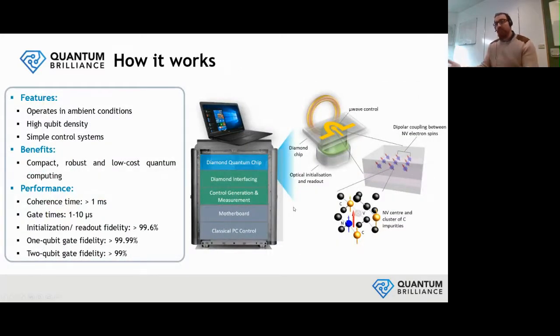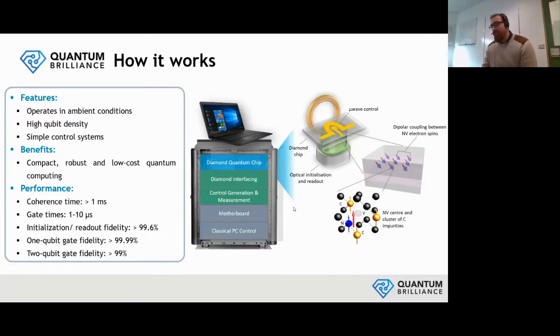So how does this all work really, physically speaking? I talked about that it operates in the ambient conditions, but it's even better because we have very high qubit density. We have a simple control system, which is what allows us to build this quantum system easily. The reason that the ambient condition is possible to do quantum computation is because of the features of the diamond. As you can see on your right, a typical carbon-12 lattice, there are these nitrogen vacancy in diamond,